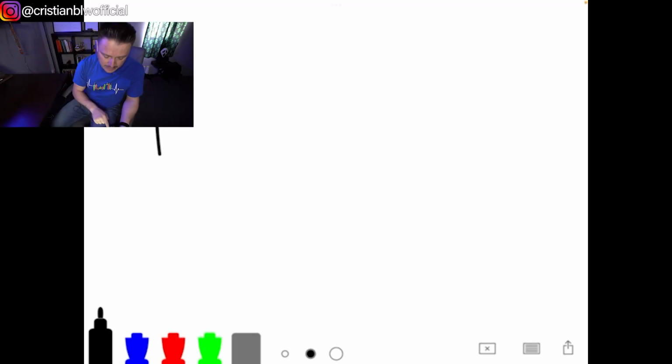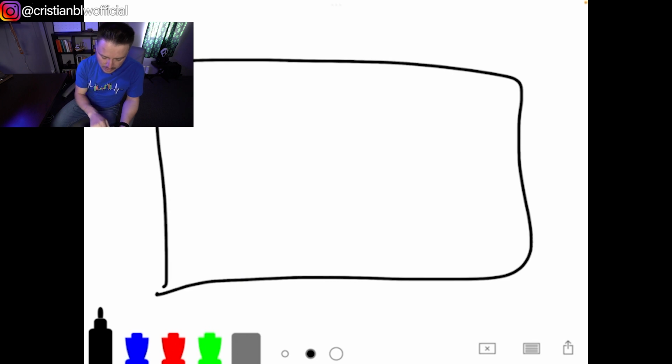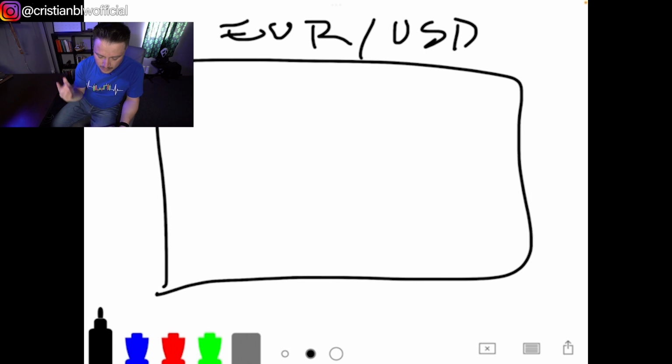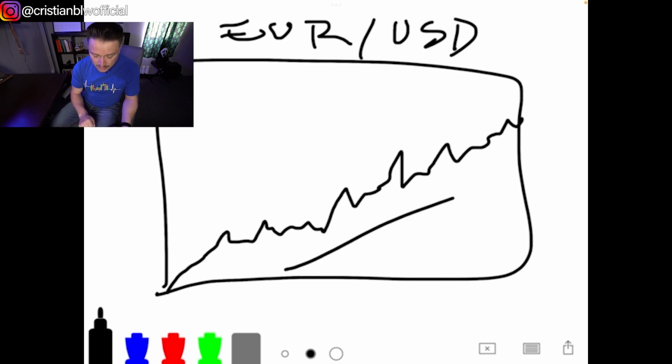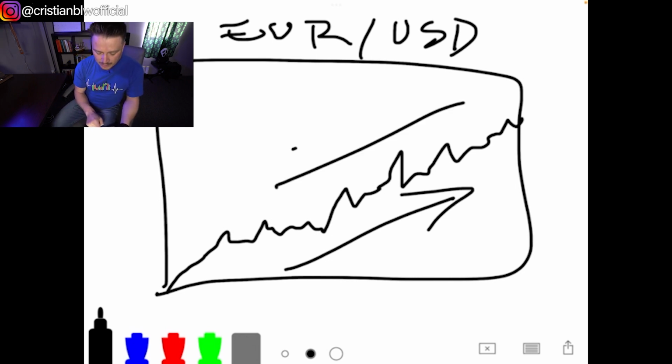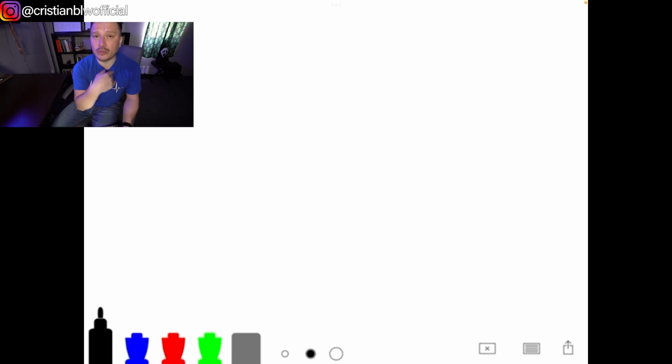For instance, same thing, we have right here the euro against the US dollar. What you see is that the price does this, stays there, and keeps on jumping like this. What does this tell you? This is telling you that the price is going up. Therefore, that is an uptrend. And if the opposite is happening, then it is a downtrend. Okay? Simple as that. But I want to be more technical in regards to this specific part of the video.